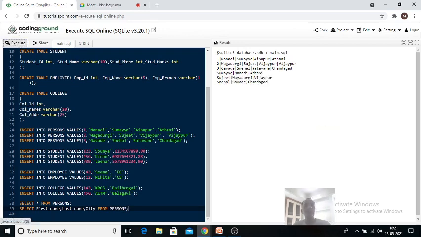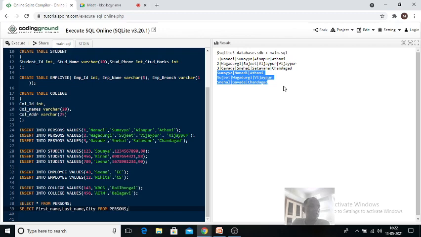See here now. Sumaya is the first name of the person, Nanadi is the last name, and Atni is her place. Ainapur is missing because I have not given the address. Got it? And ID is also missing.